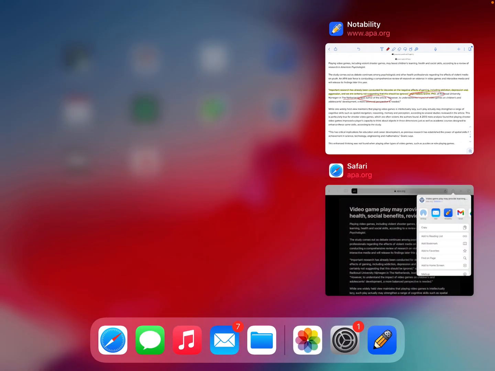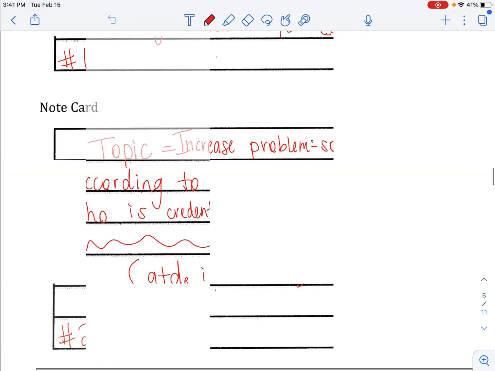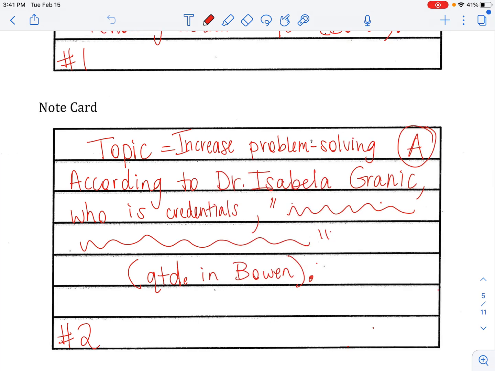If I wanted to directly quote what she said, the important thing to remember is that you need to include her first and last name and then her credentials. So you wouldn't literally put the word credentials, obviously, but who is a professor of such and such at whatever her credentials are, you need an appositive phrase here following her name, stating why she's legit. What are her credentials? Sometimes you even have to Google the person, but if it's a good source, they've done the work for you. They've included their credentials in the article. And then you would write her quote, whatever she said, and then the